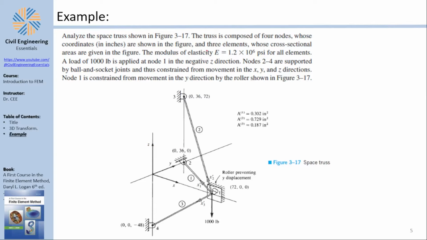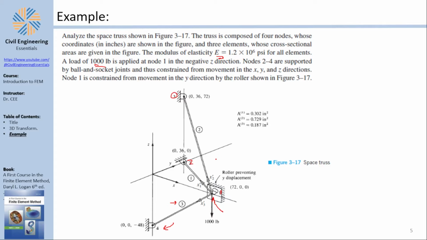So this is an example taken out of the book, of the reference, and it basically gives you a truss, a very small truss, mind you. It gives you basically a truss made out of 3 members. You can see the following. You can see there is node number 1, and element number 1 connects 1 with 2. Element number 2 connects 1 with 3, and element number 3 connects 1 with 4. And now he wants you to basically calculate the following for the truss. He gives you the elastic modulus, he gives you the force 1000 at the z-axis at point 1, going down,